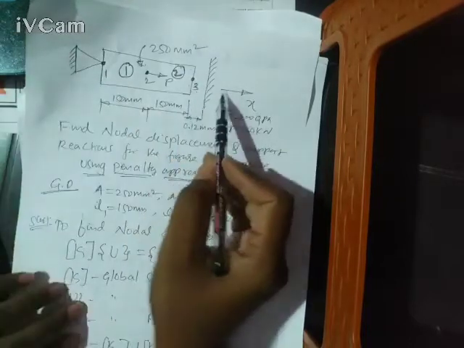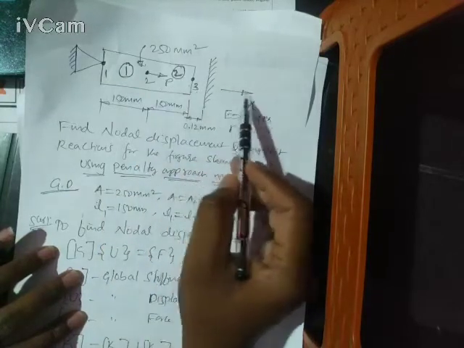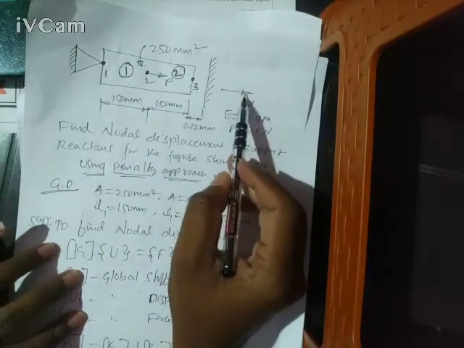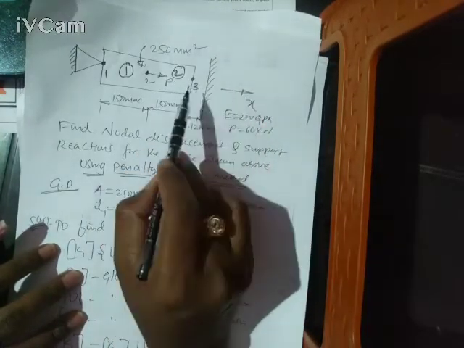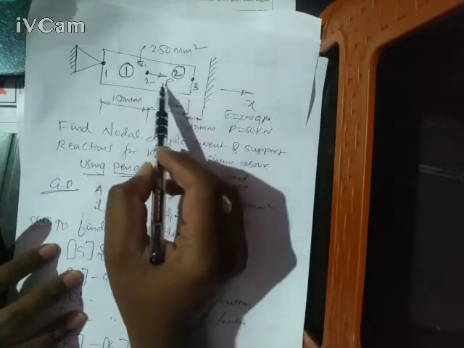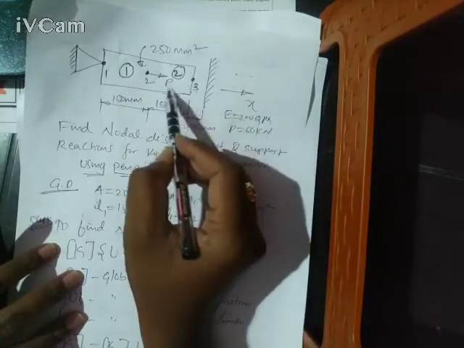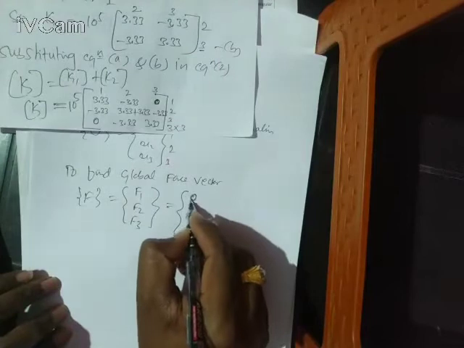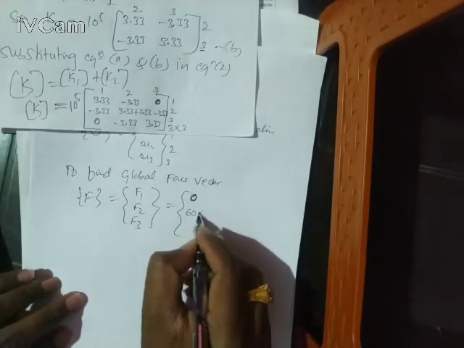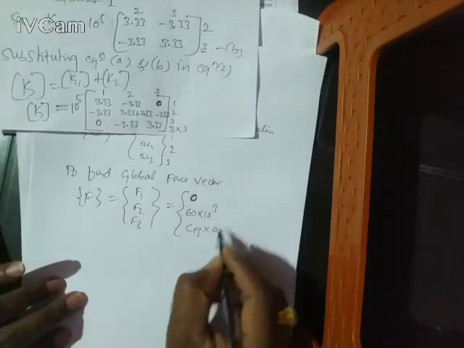Fine. And this x direction: see here friends, if it is given in the sketch or given in the problem, we have to first verify that the load which is acting and the x direction are acting in the same line, then we will be taking P as positive. Suppose if this x is given in the reverse direction, then I will be taking P as negative. Fine. So now, just now I have told that F1 is 0 because that node is fixed. F2 is given as 16 10 to the power 3.